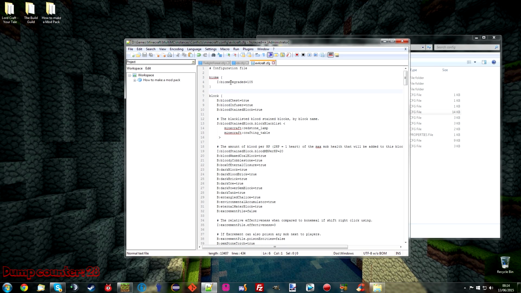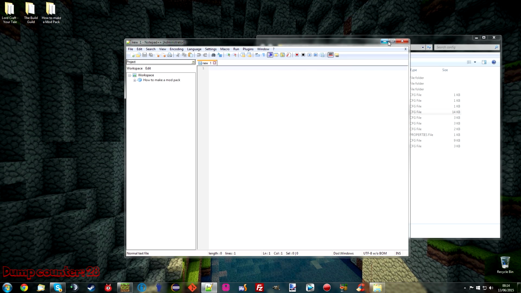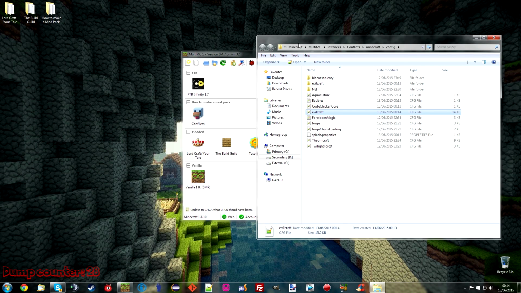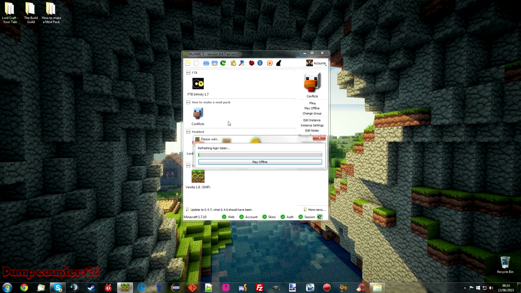So the biome ID here for the degraded biome is 105. I'm going to deliberately change it to 1, which is the ID for vanilla Minecraft's plains biome. And I didn't really need to close that, to be honest. Let's just go ahead and we will load up